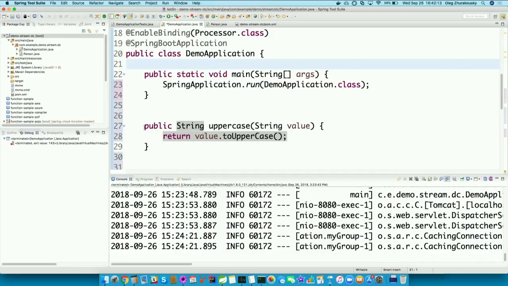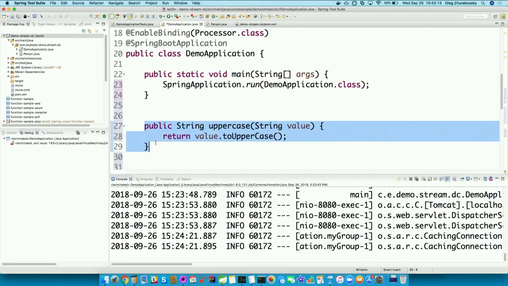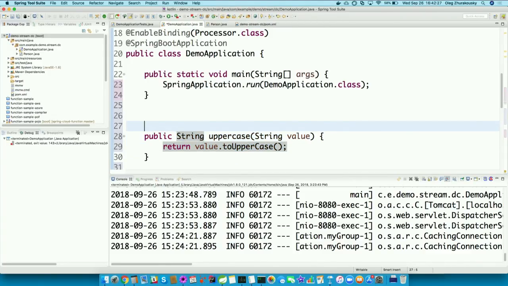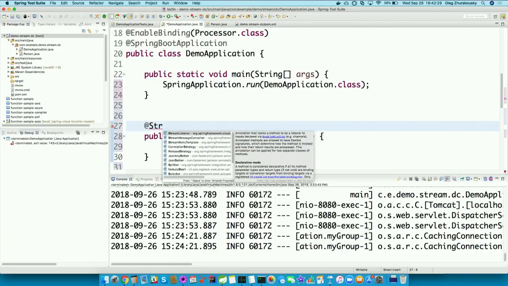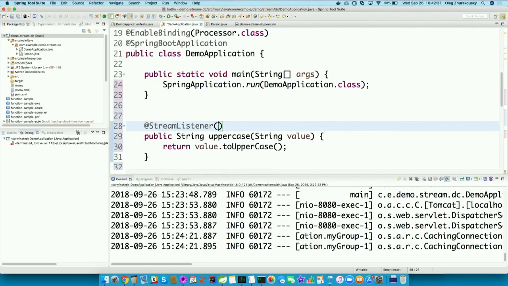So, this is my functional code that I've written. So basically a very difficult piece of code that is going to uppercase the string. Right now, it's just a plain Spring Boot app, and if I start it, nothing will happen. So in order for me to make something happen, I need to, oh, actually, no, instead of doing strings, I can do